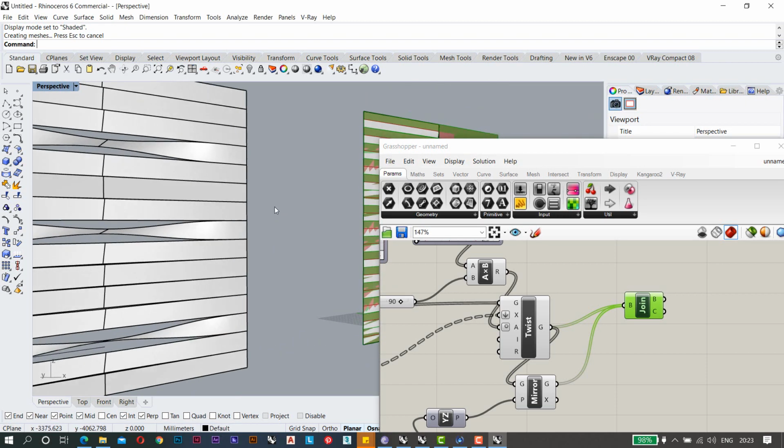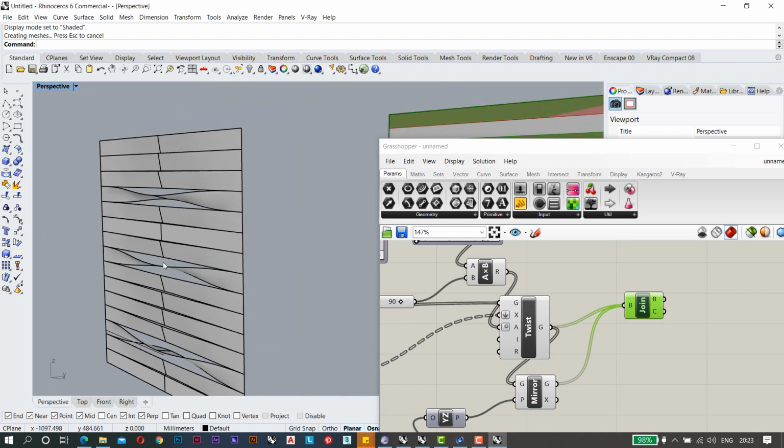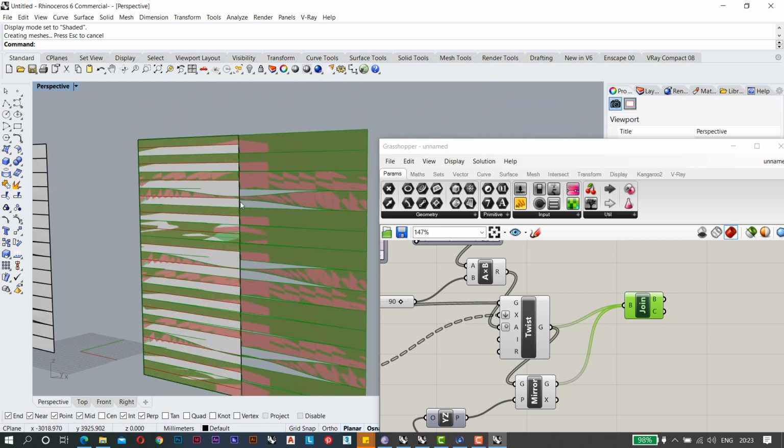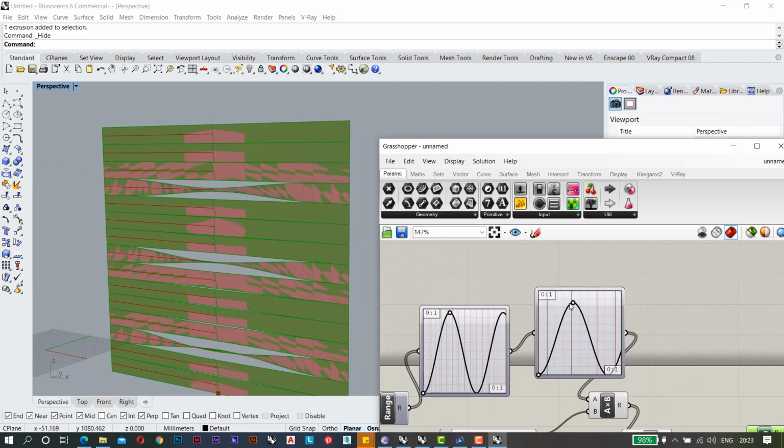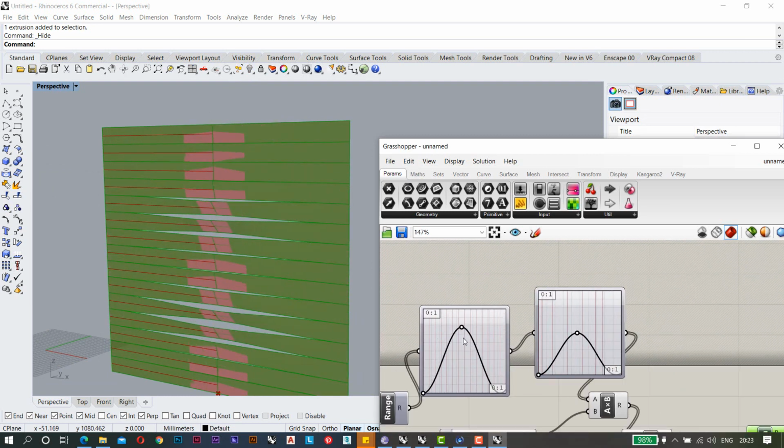So this is how our output will be, and I hope it is clear to you how to generate different kinds of options and permutations and combinations with this graph mapper.